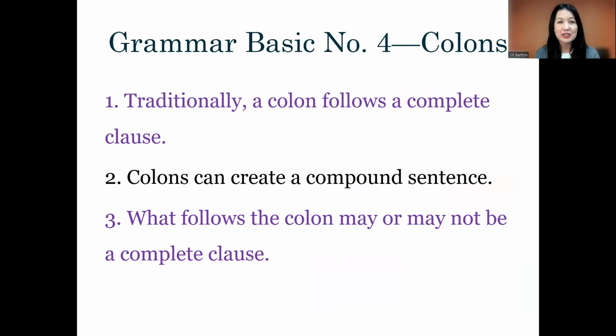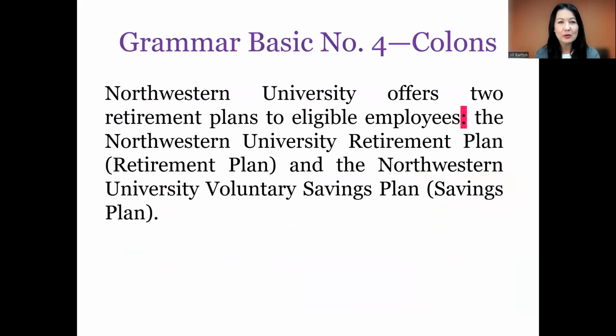The first is a traditional rule that most legal writers tend to follow, and that is that what precedes the colon is a complete clause, meaning it has a main subject and a main verb. We have an example from Justice Sotomayor showing that right here. She starts out by writing, "Northwestern University offers 2 retirement plans to eligible employees." That could be followed by a period, but she ends it with a colon to then describe 2 examples of